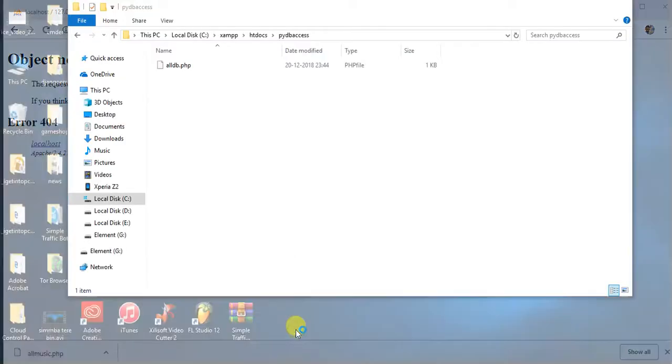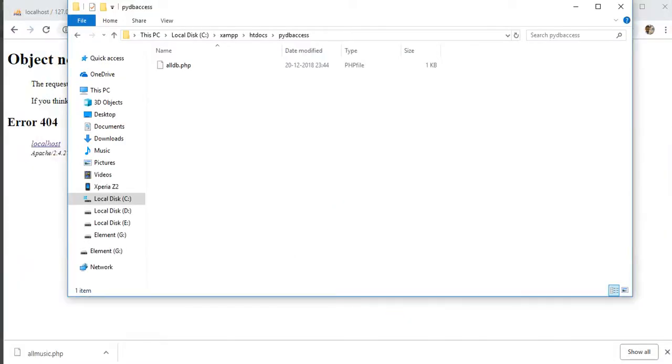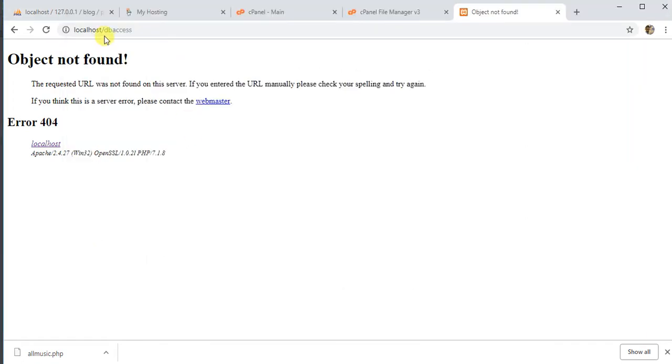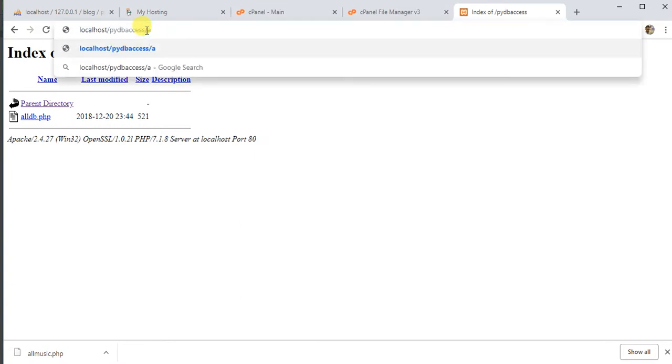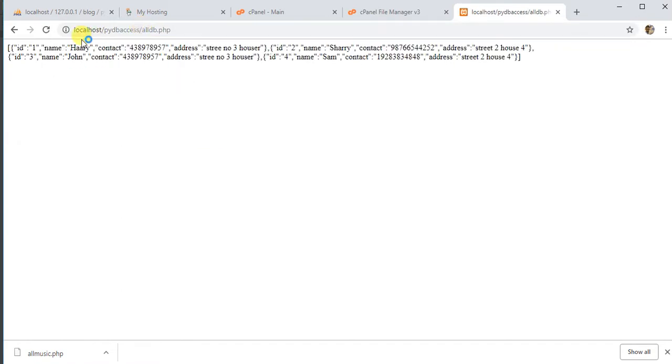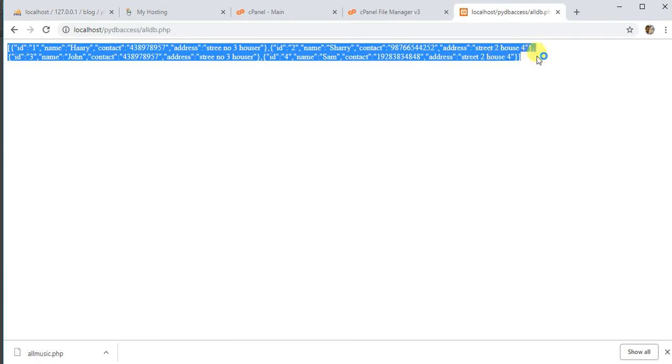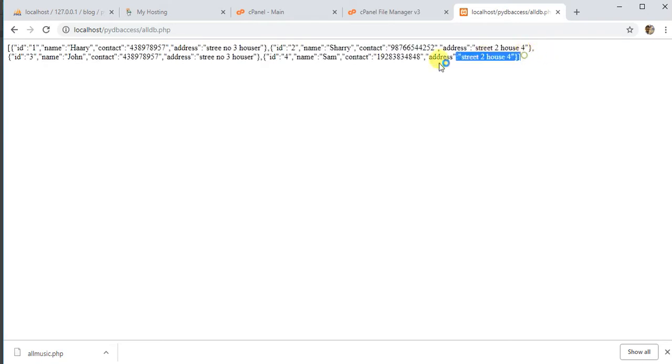Let's find PyDBSS. Yes, we have PyDBSS, and we will pass db.php. As we have this JSON format, first of all we are getting the list here, and then after JSON,